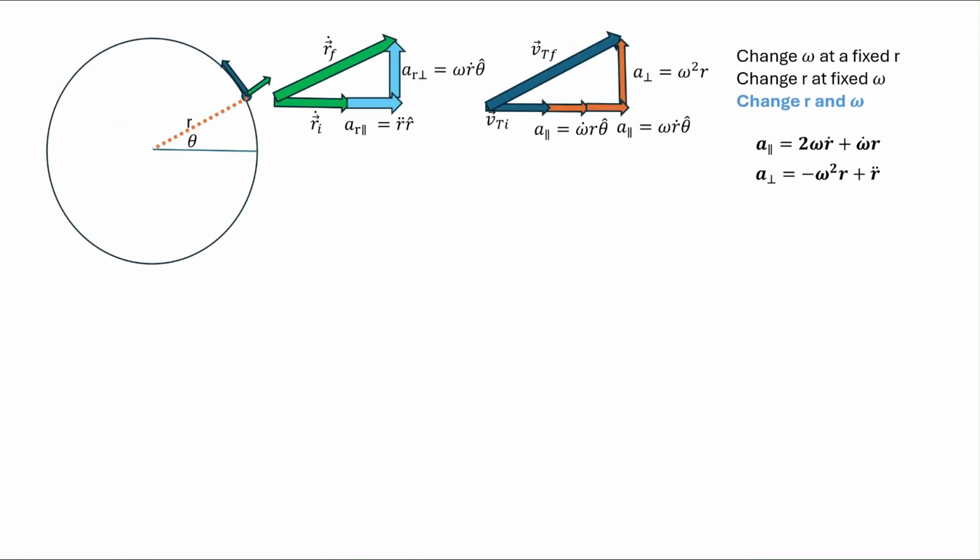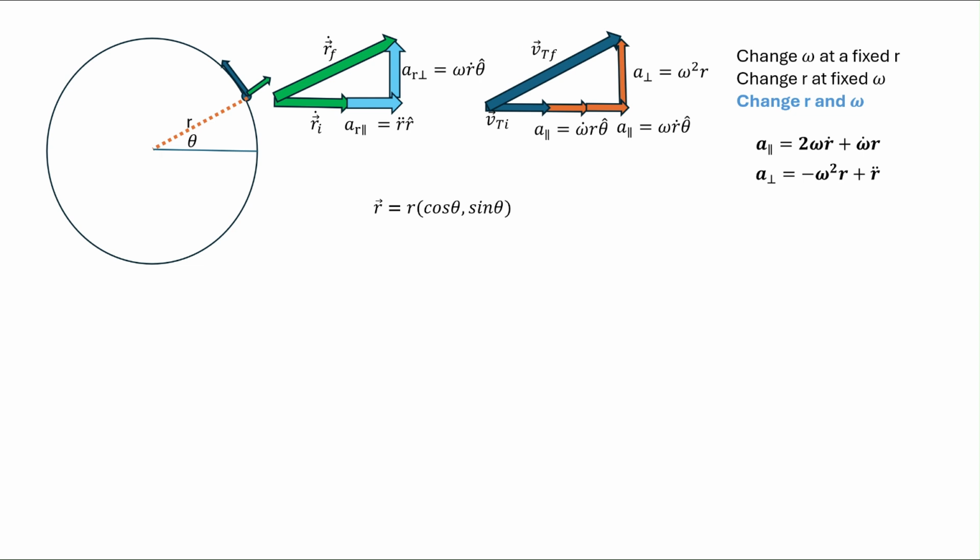So let's just summarize what we have so far. I've got a radial velocity which changes, and that requires two different accelerations. And I've got a circular velocity which changes, and that also requires two accelerations in this direction and one acceleration in that direction. What I want to do now, we've made a bunch of arrows. Let's just do a little bit of calculus